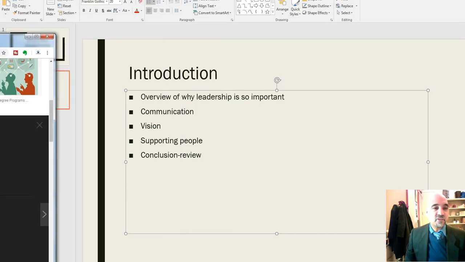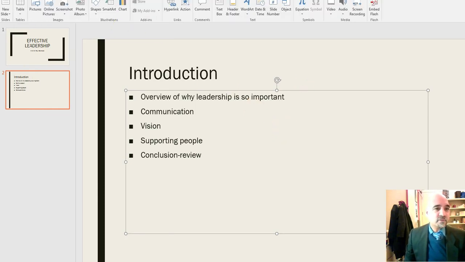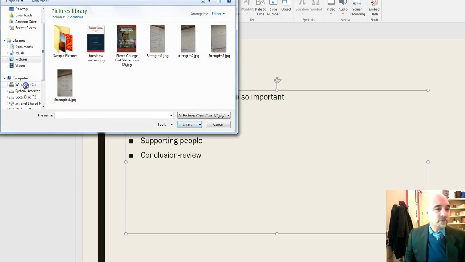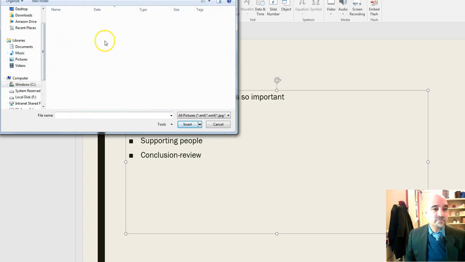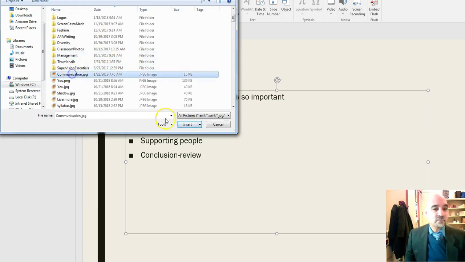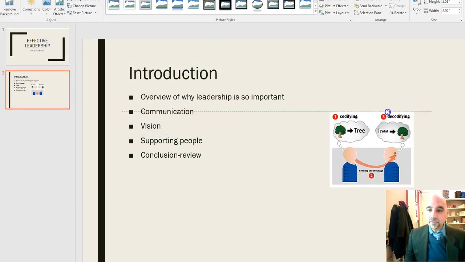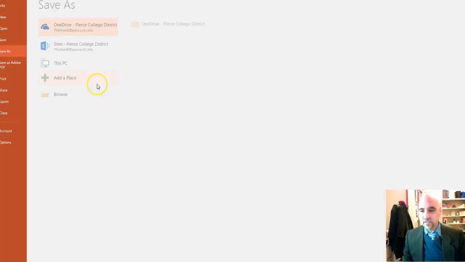And now that I've got it saved, I'm going to go to Insert, Pictures, and then go to my folder where it's at, which is in C, Images, and Communication. And then I'll move that to a place where people can see that. And then I'll hit Control S to save